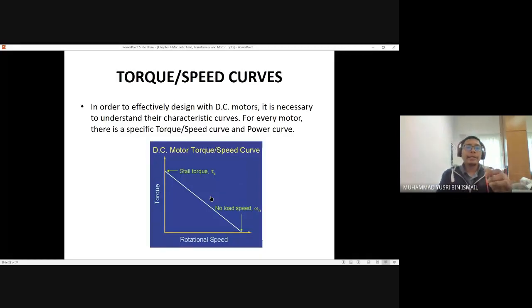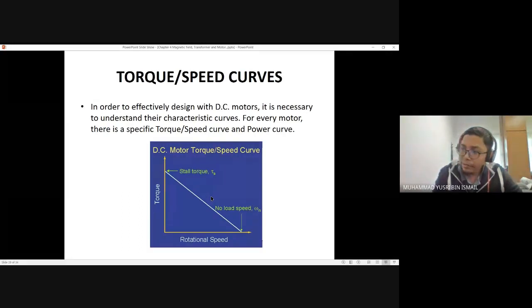Okay. This is the characteristic of the motor. Basically, the torque is inversely proportional to the rotational speed. The meaning of inversely proportional is that you cannot have both parameters working at the maximum condition. Either one must be lower, and the other one will be higher. Okay, for example,